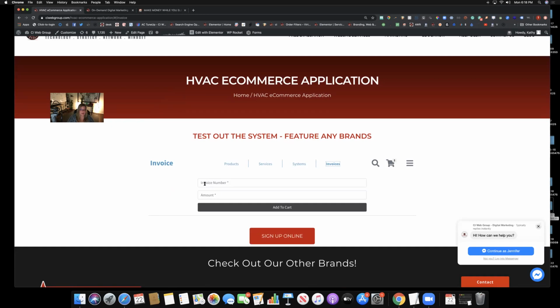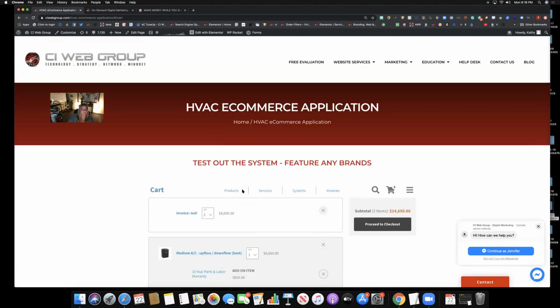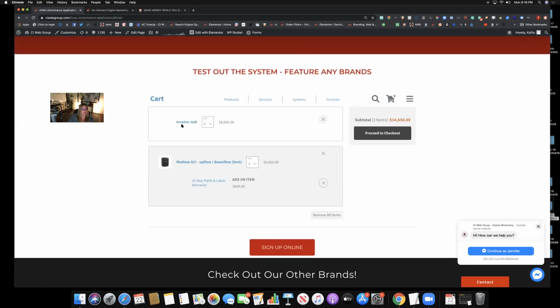This is the 249 option. They can put in an invoice number, put in the amount, and make a payment. There is no fee or payment from this. Whatever they pay goes directly through Stripe into your account. They would just put in whatever that amount is, hit add to cart, and they could pay that invoice line item right here. So this is one invoice that would have the invoice number as well as the amount, and it makes it really easy for people to make payments online.